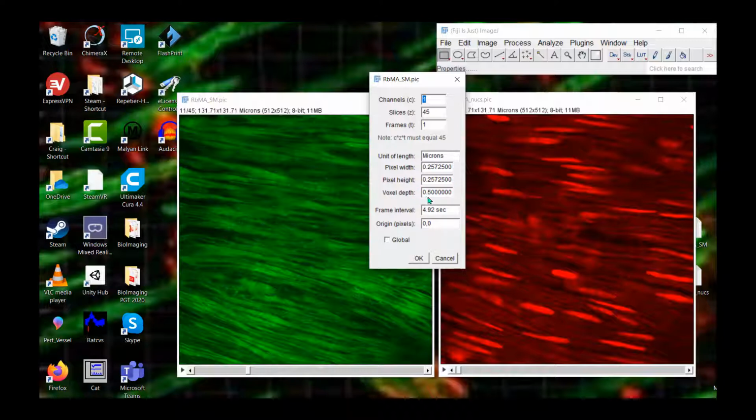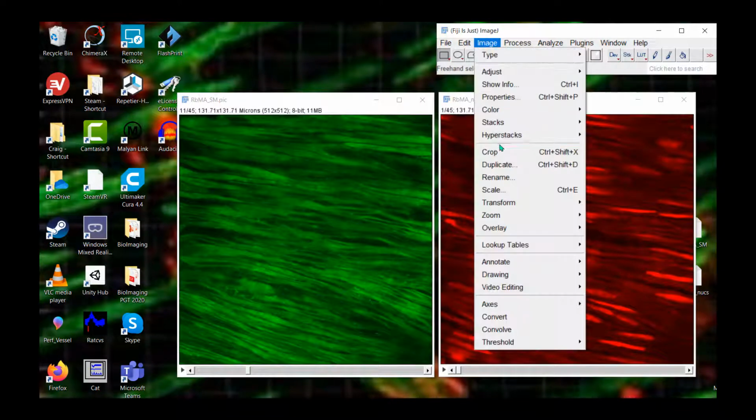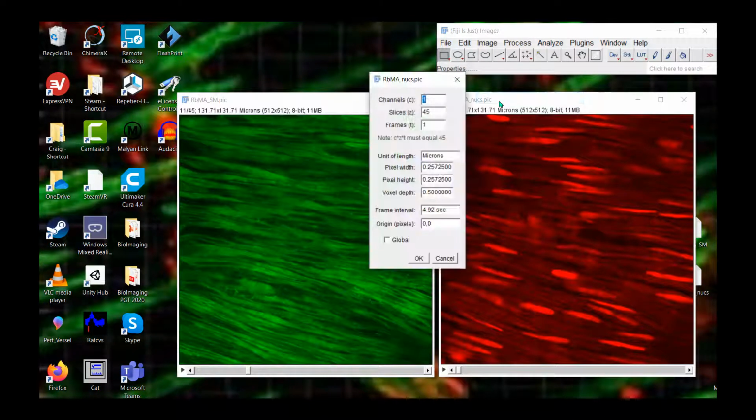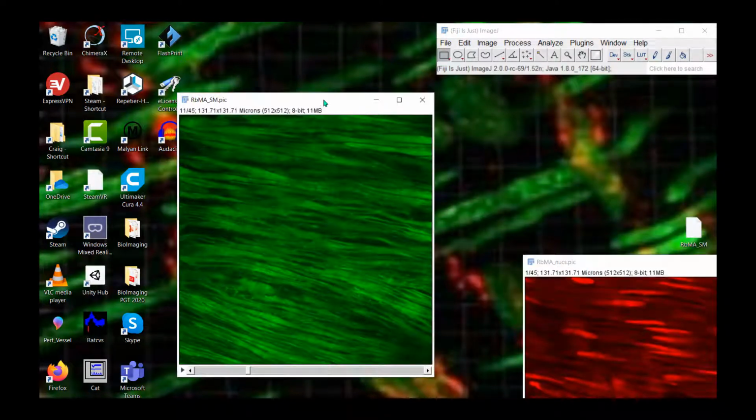These slices are 0.5 microns apart down through the Z-axis. Okay, so that green channel is okay, and the red channel properties, it's fine, 0.5.